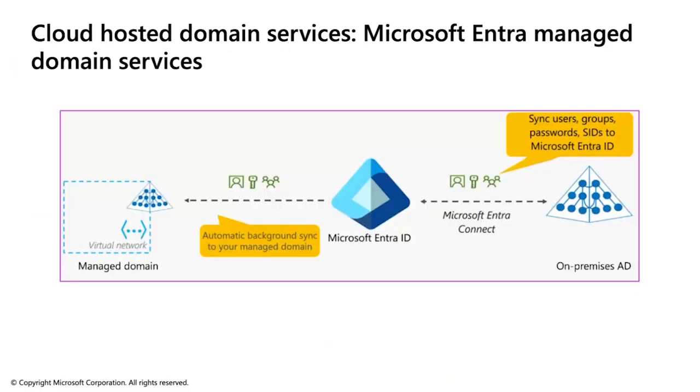So these are the kinds of options we see here in cloud hosted domain service. You can see we have an on-prem environment, and we sync the users here. Now we have some applications that we need to provide Active Directory support for. So what we do is deploy a managed domain service in the cloud and register those applications with this domain service. Now, a good thing is if you sync your on-prem Active Directory to Entra ID,